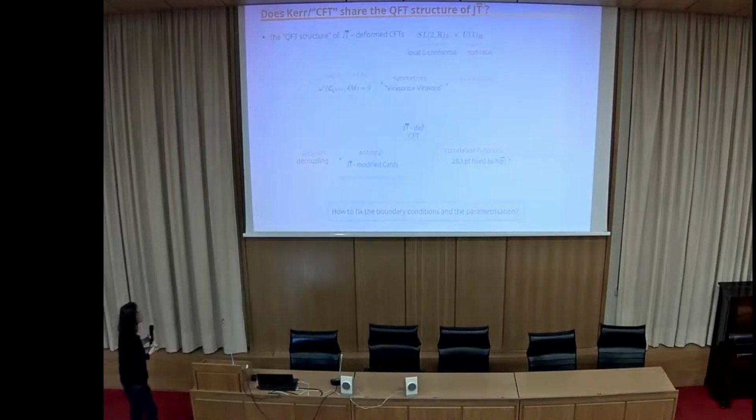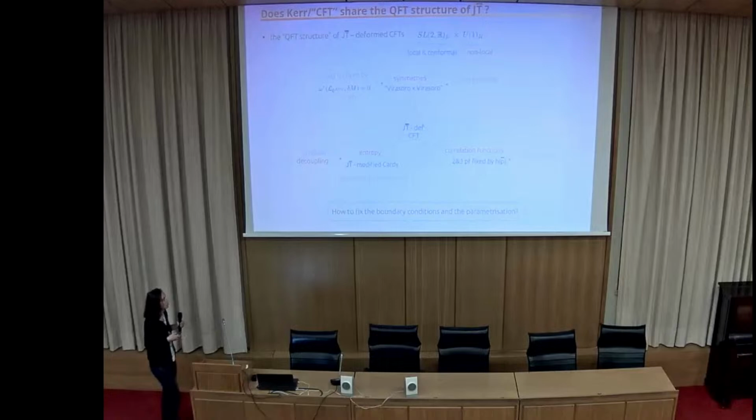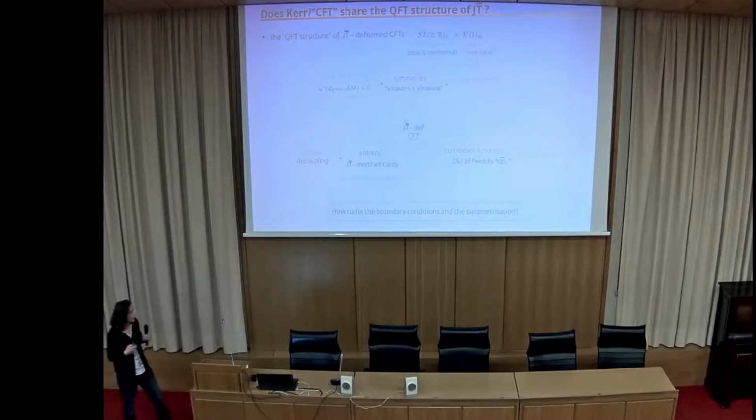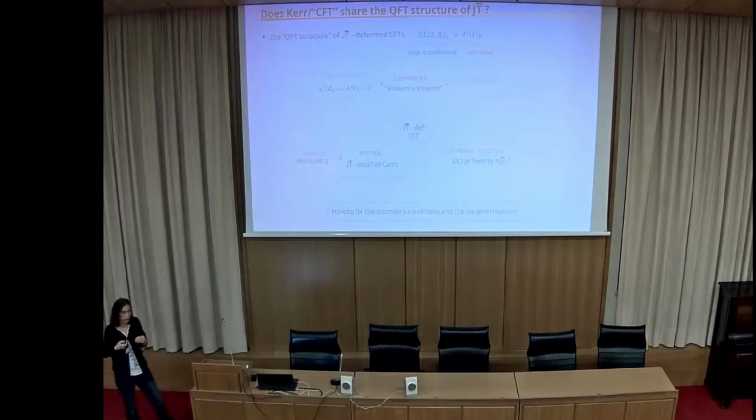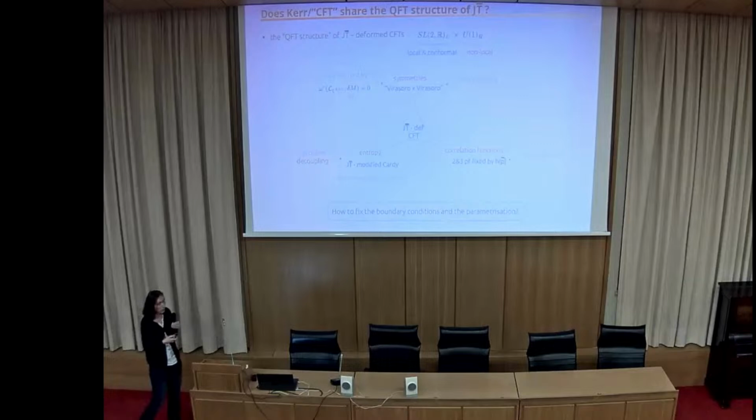And if you remember what I said when I reviewed the CFT correspondence, what people find currently. And part of the reason is because people weren't really turning on the charges. So maybe if you start going to the field theory construction and turn on the charges, maybe you can see whether the